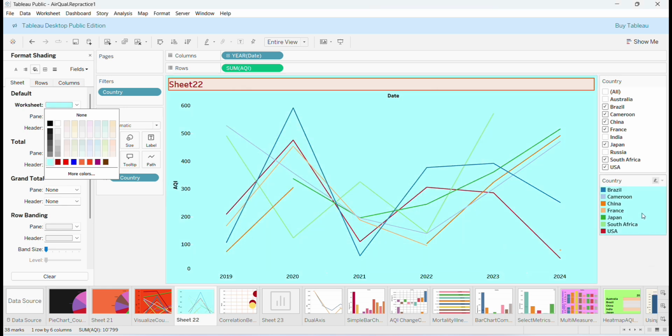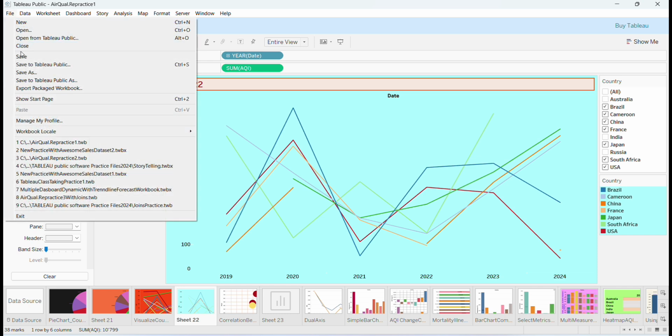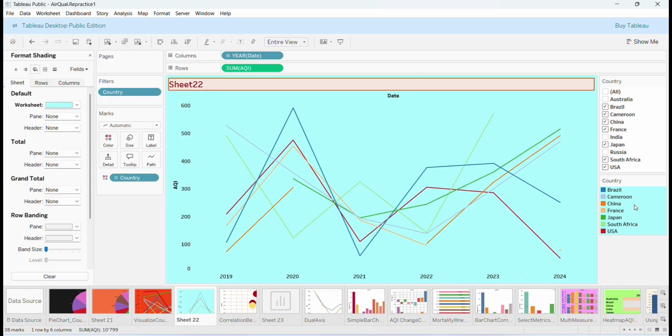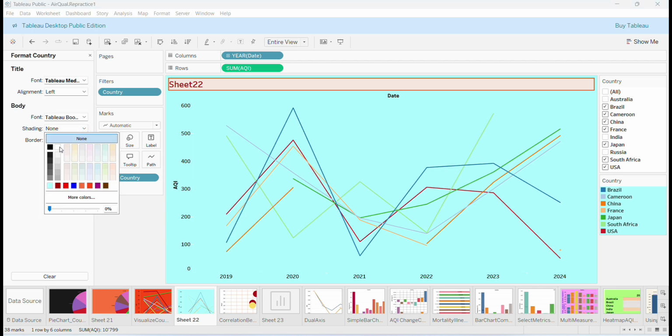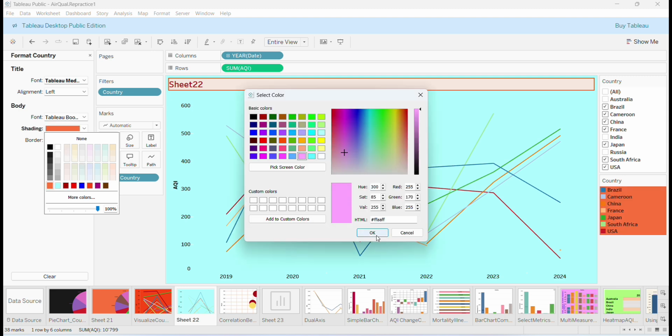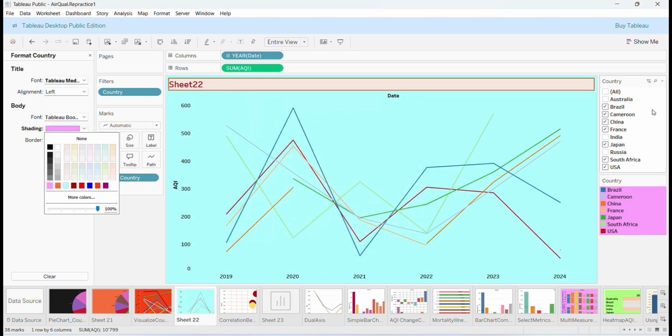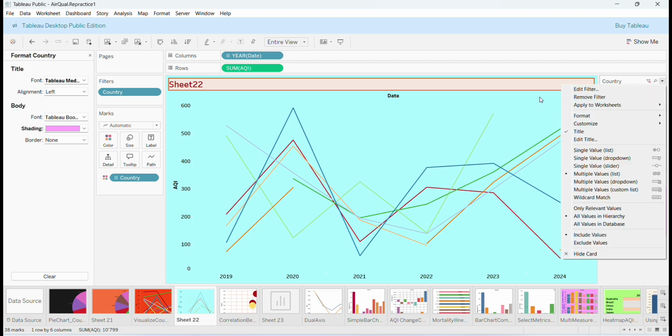Okay, now we changed the shading on the worksheet, but I don't want this color on the legend. Okay, so I go here and I choose again format legend, and I'm going to choose something else, like, is that, yeah, the body, the shading. Let me see. How about that? Okay, we can even change also this one. You see, you can do whatever you want on